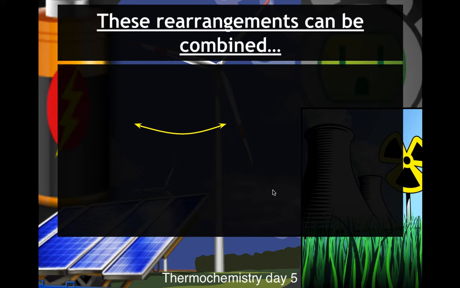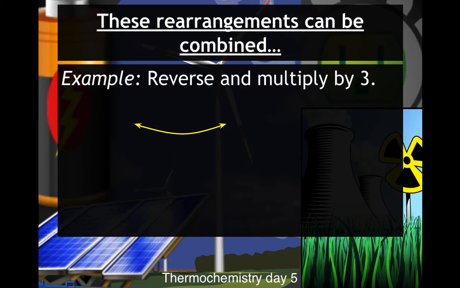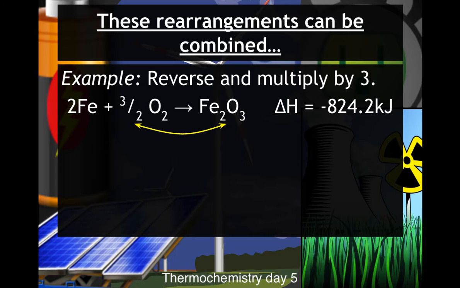So you can rearrange and combine these reactions. So here's an example of this. If you're reversing and multiplying by 3, you're going to do a reaction that's 3 times bigger than it would be if it was just a balanced chemical equation with the coefficients all reduced. So here we have 2 moles of iron. Now we can do this by,